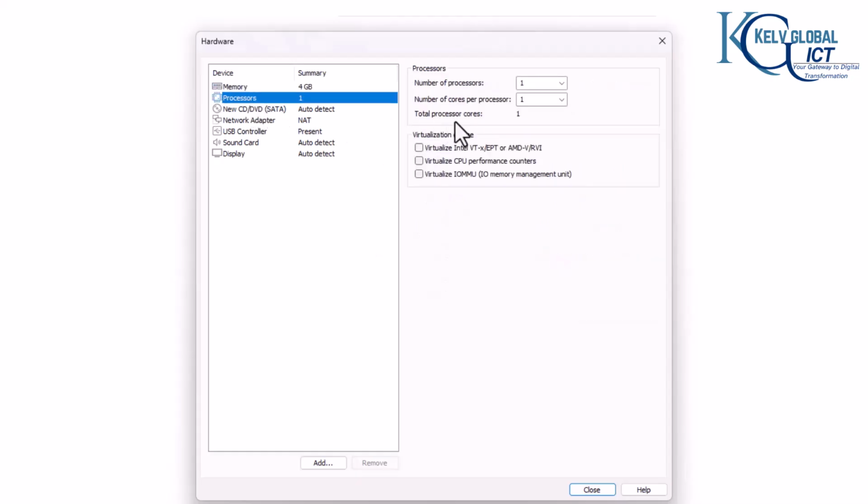And you can see we have our processor. So number of processors, because this is a lab environment, I'm just going to leave it at 1. I'm going to say okay,